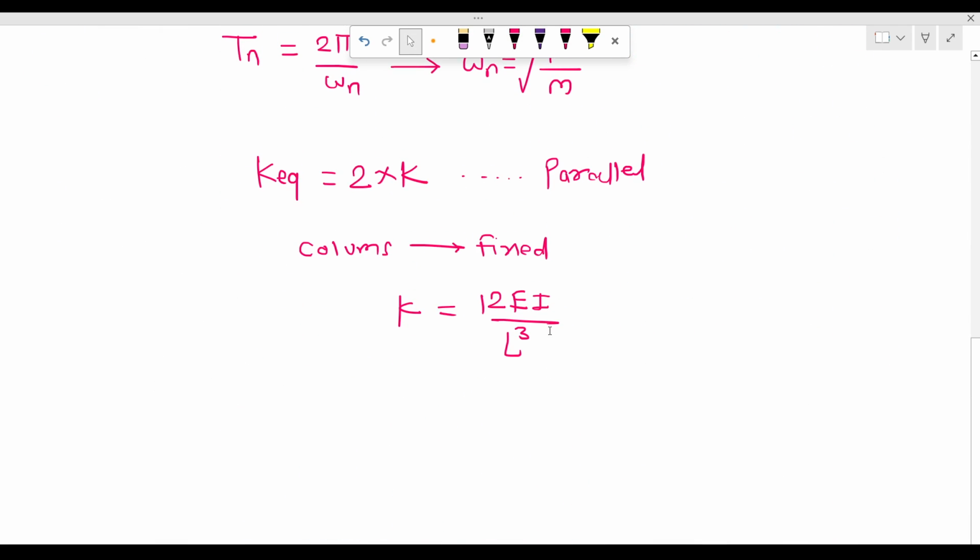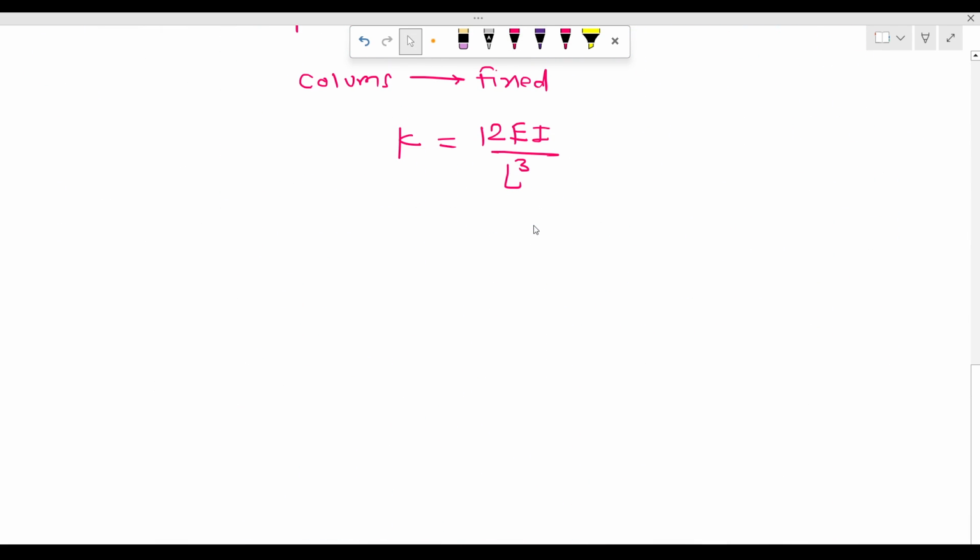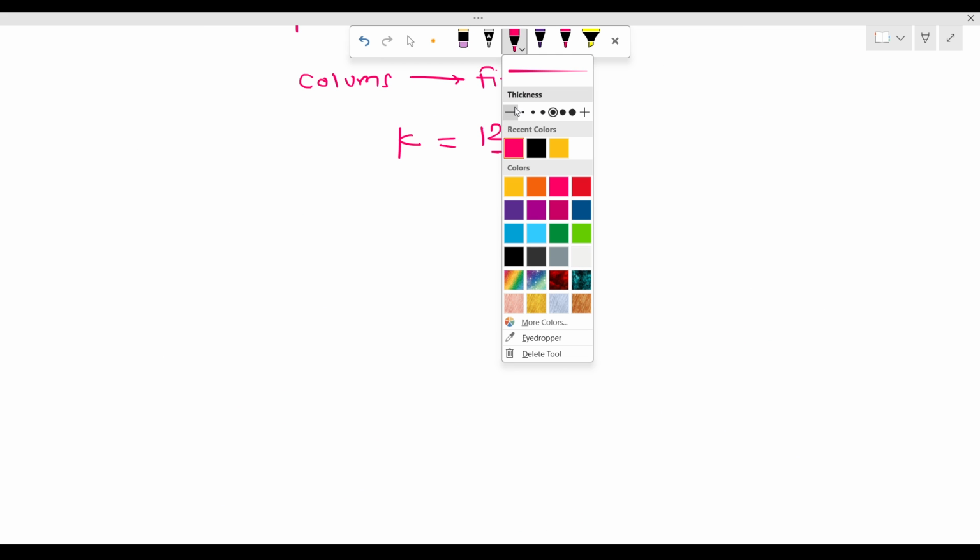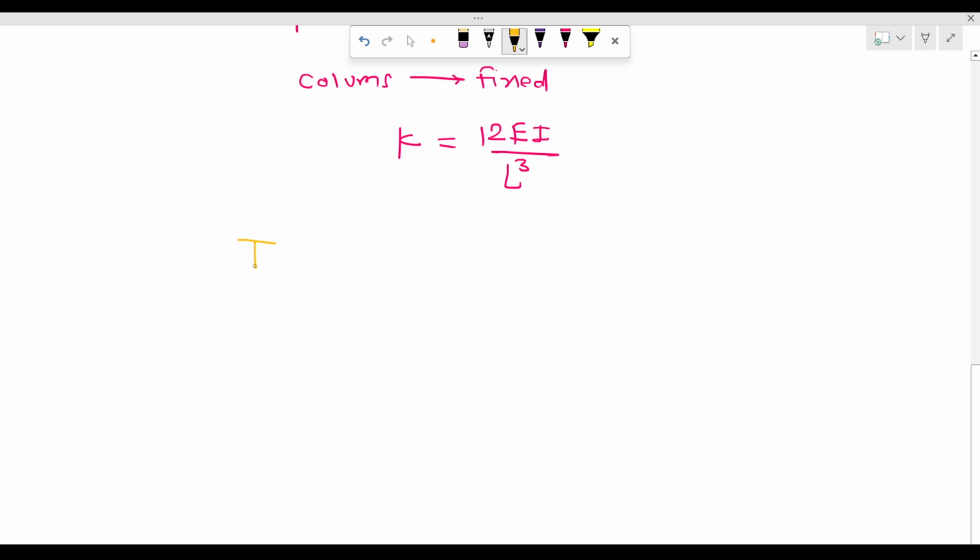So, we need to find the moment of inertia. So, I is equal to a raised to 4 divided by 12, as it is a square column. Okay, if it is rectangular, we can use BD cube by 12, circular column. Those formulas are known to you, right? So here I can write it is 25 centimeter, right? So 25 raised to 4 divided by 12, right? So we will get the answer